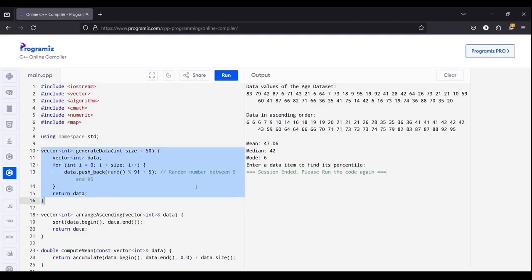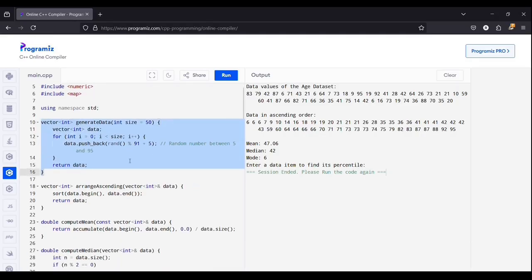So for generating data values, this function is used. Here we are defining a vector data and using the rand function for generating random numbers between 5 to 95 and pushing the generated data value into the vector data, and this function returns the vector data,